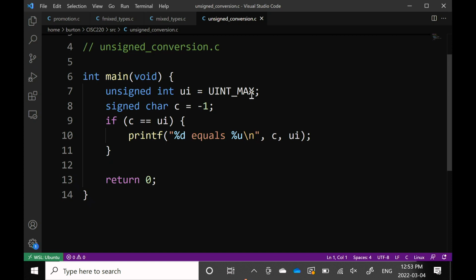So why does that happen? So what's your largest unsigned int value? Your largest unsigned int value in binary is 1,